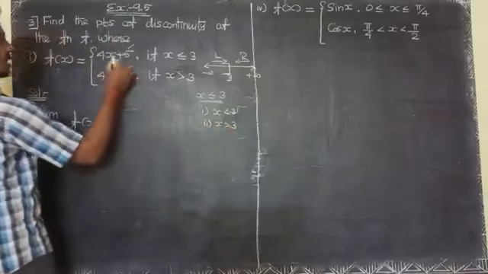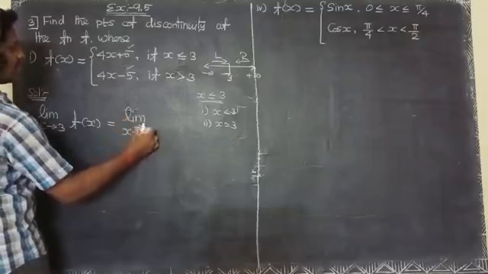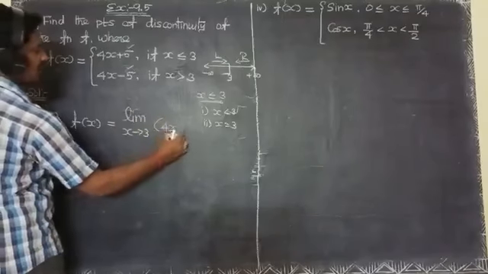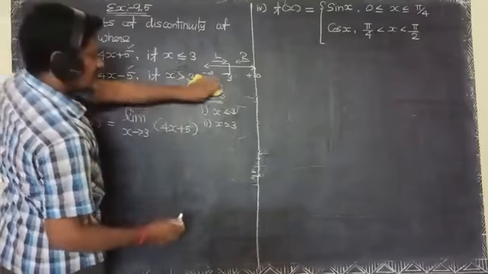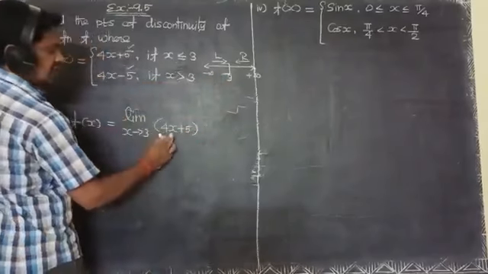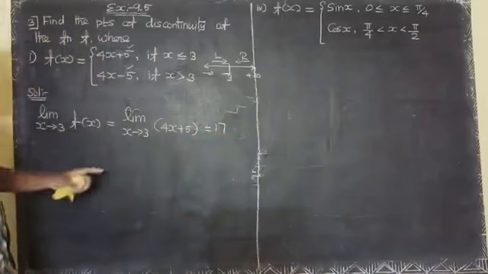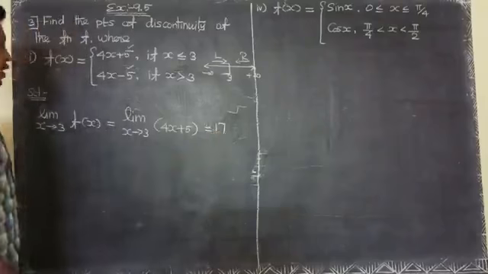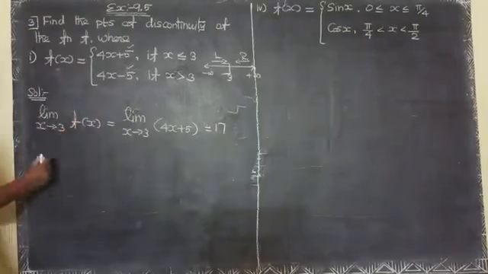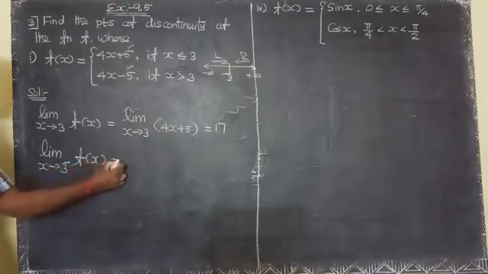So use the function, limit x approaches 3. The function is 4x plus 5. Replace x equal to 3 into the function, that is 4 into 3 is 12, 12 plus 5 equal to 17. Therefore the limit of f of x exists. To find left and right approaches, limit x approaches 3 minus f of x, which is equal to